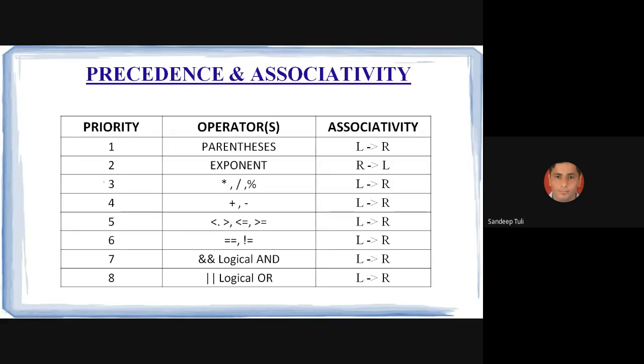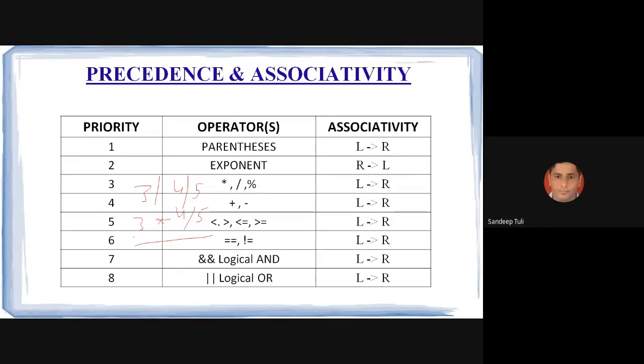Is your question clear? Associativity occurs when two divides are there in the same expression. It means I am writing, suppose, 3 divided by 4 divided by 5. Then it will be right to left. But suppose 3 into 4 divided by 5. Then what? 4 divided by 5 will happen first, right to left, and then we multiply by 3.